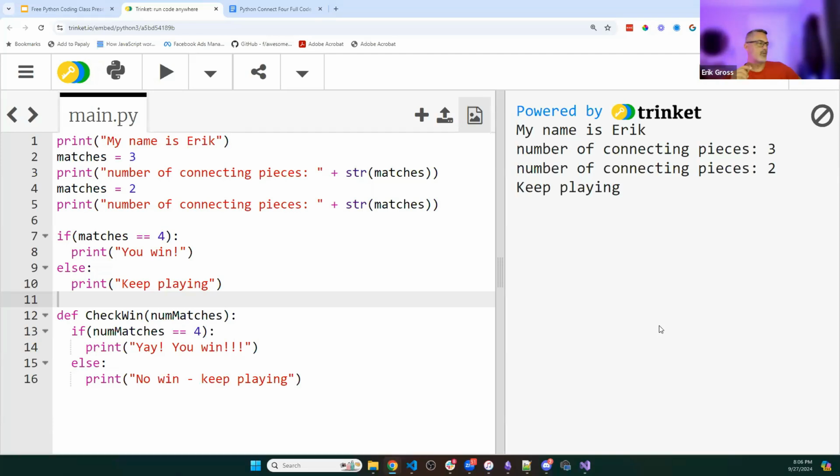No win, keep playing. Right down here. Now, that's wrong. If any of you thought, and by the way, don't feel bad about thinking this, there's a very important concept that we're about to cover. And without knowing it, you might think that we're going to print no win, keep playing